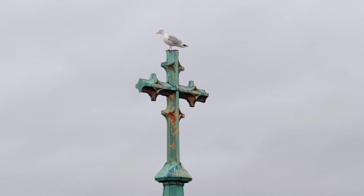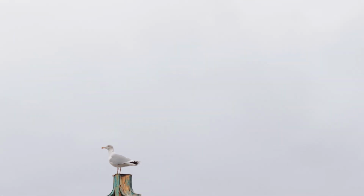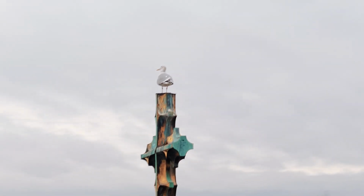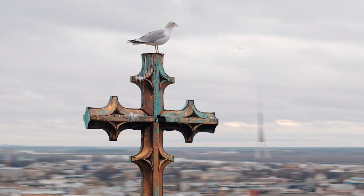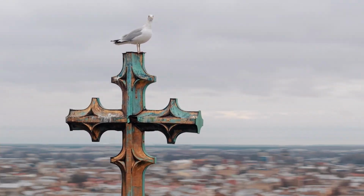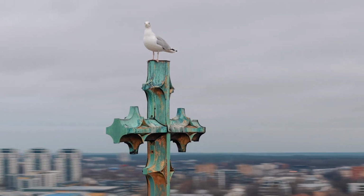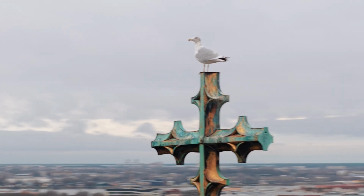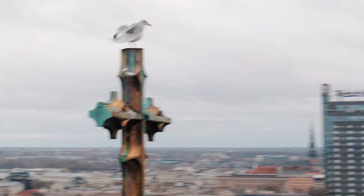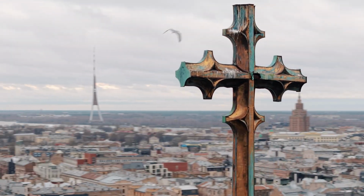Wow, this looks actually really cool. Whoa, okay, I messed it up a bit. Oh no. But this bird though. Seagull. No, not in center. Center it, bro. Okay, I'm gonna center it. Please don't fly away yet. Oh no. Oh no, it flew away just in the...